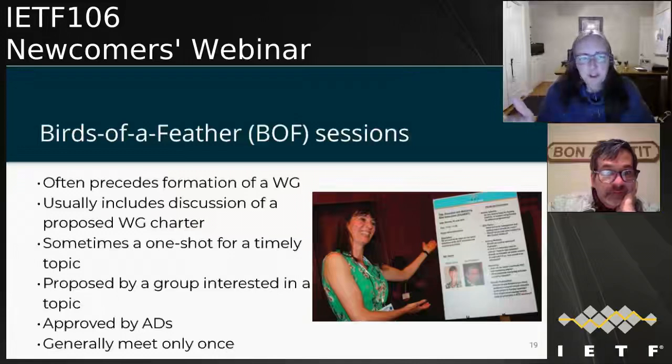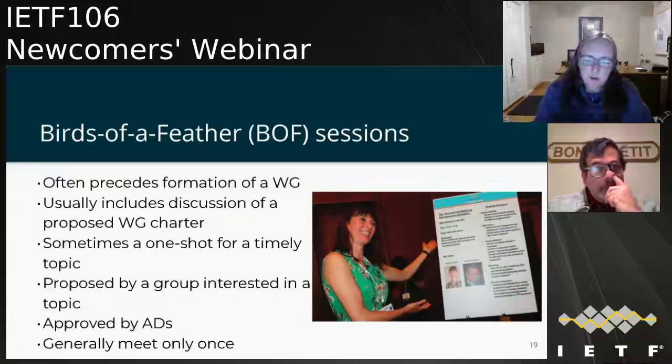a working group established. If it is a working group forming Birds of a Feather session, it will include discussion of a proposed working group charter, but sometimes it's not. Sometimes it's for discussing other types of topics. We had a couple examples. We had a Birds of a Feather session one time on where to go with the education and mentoring activities in the IETF, and we had another one about network requirements for the meeting BOF. These are clearly not working group meetings, but they were meetings that have broad applicability.